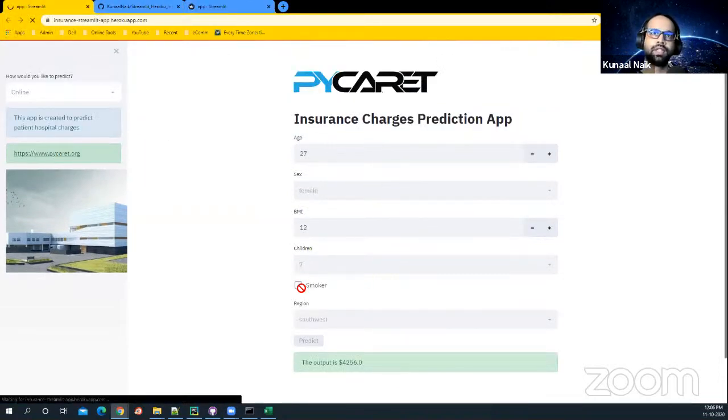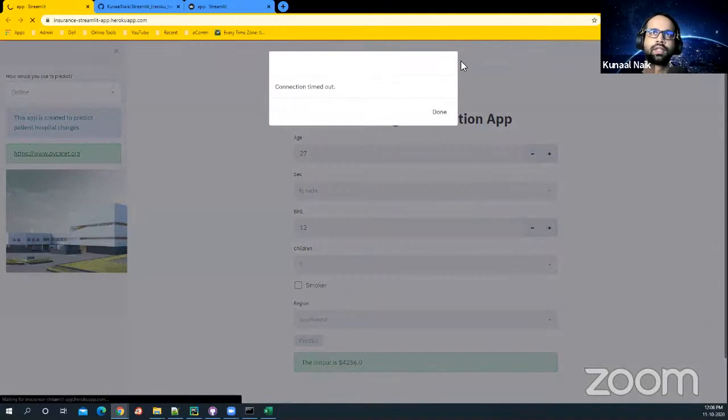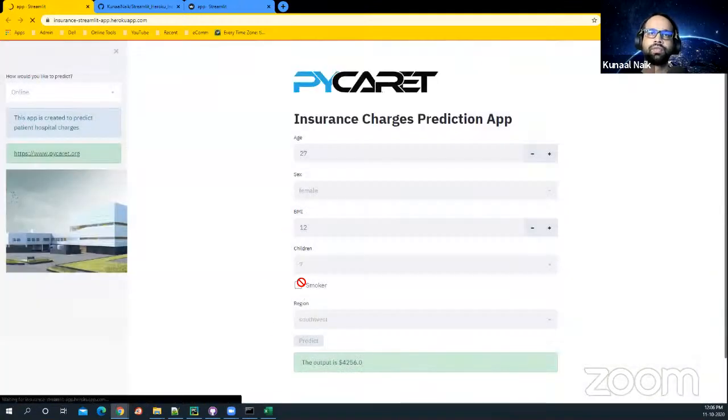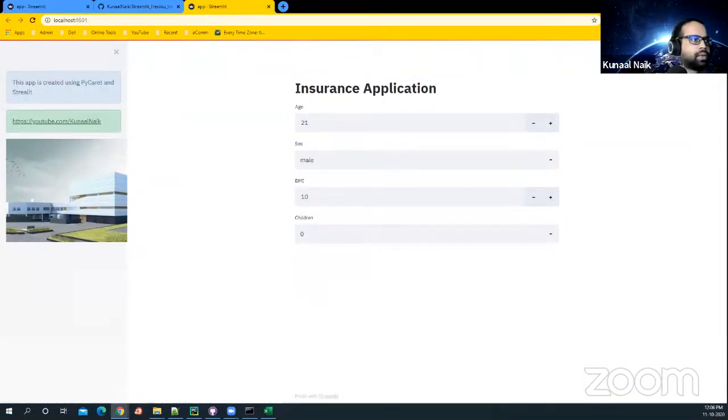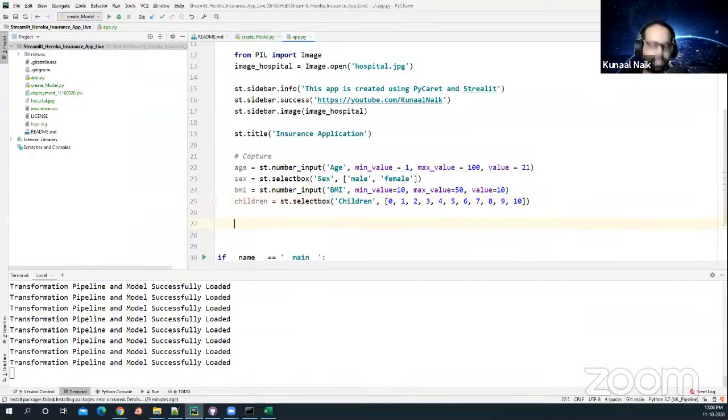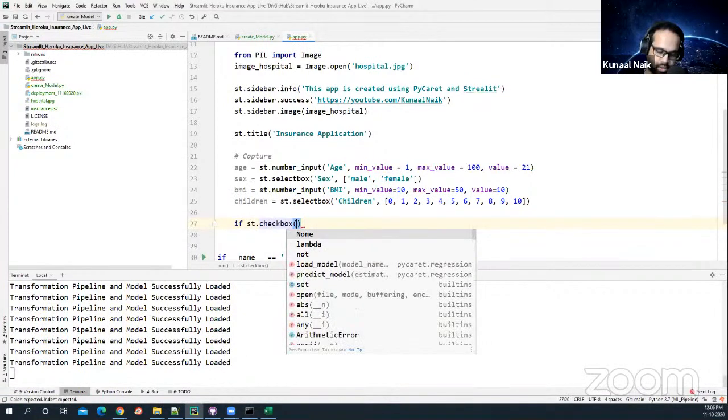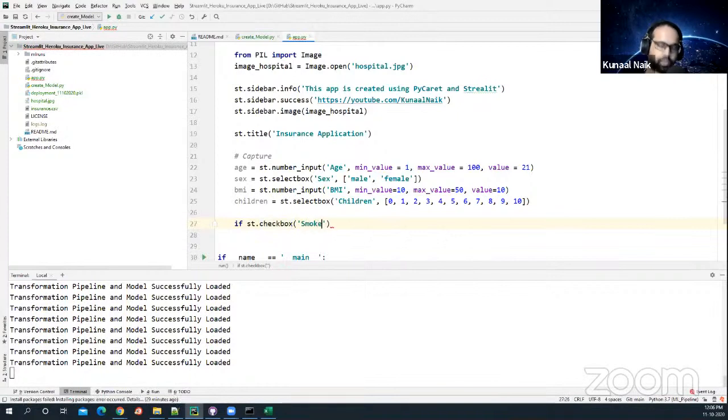But within the app, you also see that we have this smoker, non-smoker part of it, right? So you want this element, and let's see how we can get that element also. To be able to get that, we're going to be using a checkbox code here, and this is what the code will look like. It will be something like if st.checkbox, and we're going to call this smoker checkbox, right? And if this is the checkbox, depending on the value, smoker is equal to